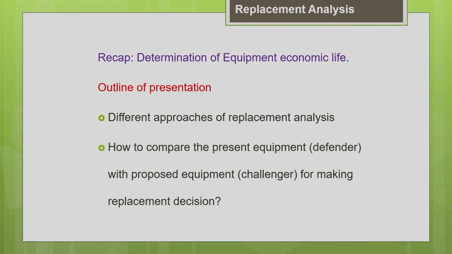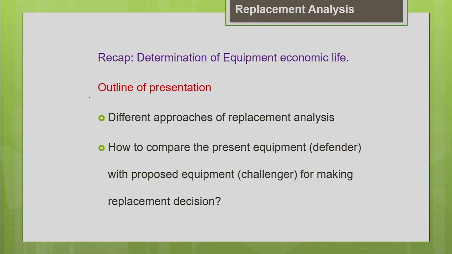In this lecture we are going to discuss equipment life and replacement analysis, in continuation with the earlier lecture. Let us have a recap of what we learnt in the previous lecture. We discussed how to define equipment life in different ways, what the economic life of the equipment is, how to find the optimum replacement time of the machine using the economic life, and how to determine the economic life for a particular machine. We have even worked out an illustration on that. This will be the outline of today's presentation.